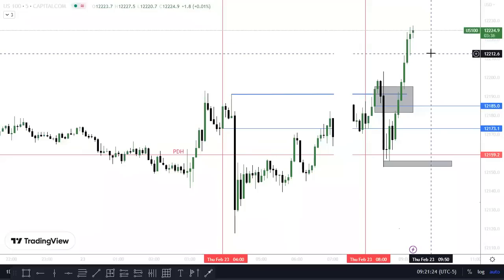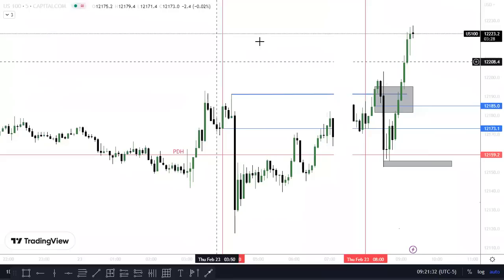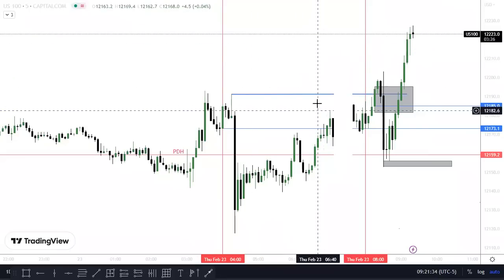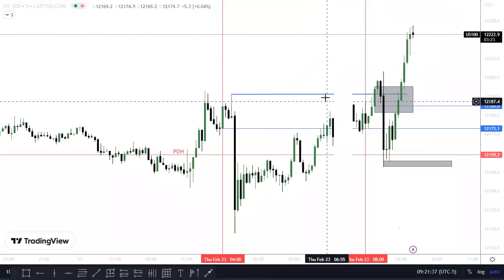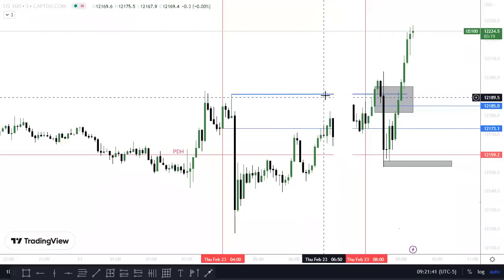What are you specifically looking at right now to short? I want to see a change in the state of delivery. I don't have an order block up here. I don't have a PD area right here. The only thing that would exist up here for me would be a projection level, which I don't have on. That's the only thing that would be up here for me.